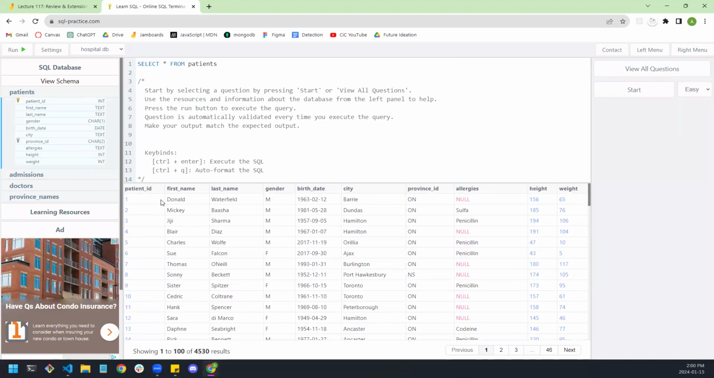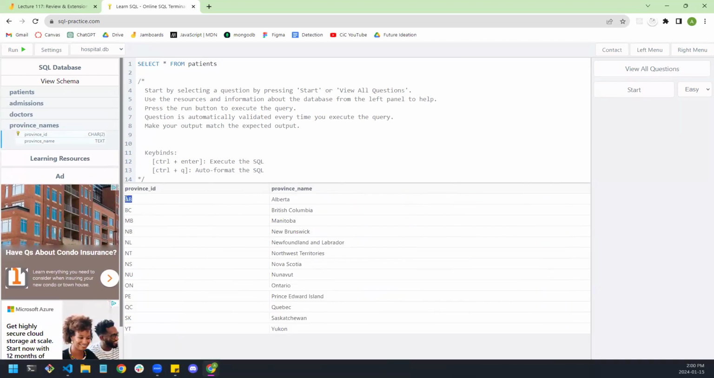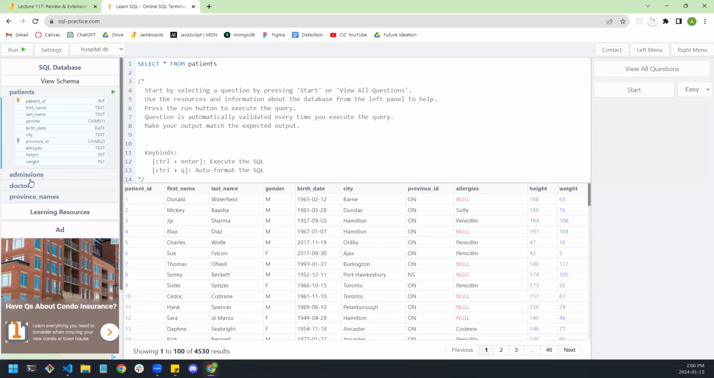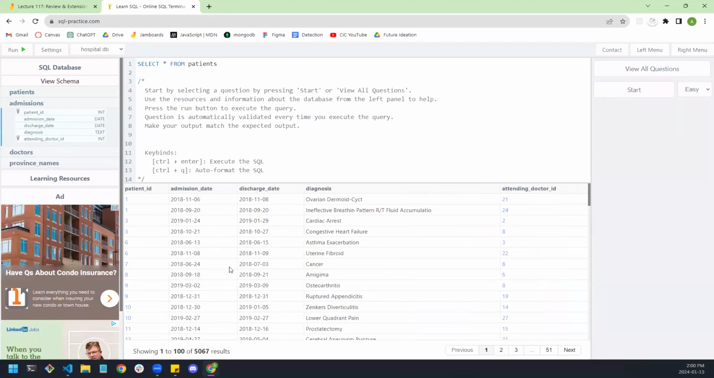But we also have here, this is a foreign key, province ID, that connects it to the province names table, province ID, Ontario, and we see Ontario here, or ON Ontario. We even have, maybe this is a bit better, admissions. We have an admissions table to keep track of